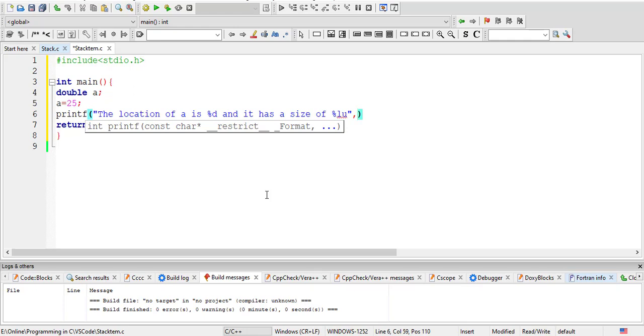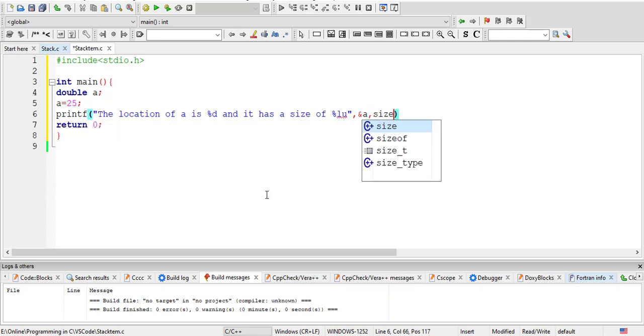To get the address, we simply put an ampersand sign before a. You might be familiar with this ampersand from scanf. Inside scanf, when you take data from the user, it is pointed to that location in the RAM so that it will go and sit at that location. And I'll use sizeof double, or I can give the variable name also, both will work. This should give me the memory location.